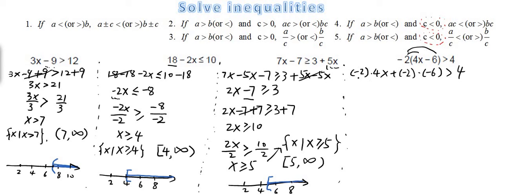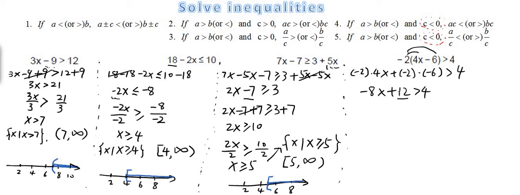Okay, and negative 2 times 4x is going to be negative 8x, and negative 2 times negative 6 is going to be 12. Okay, here we have a constant 12